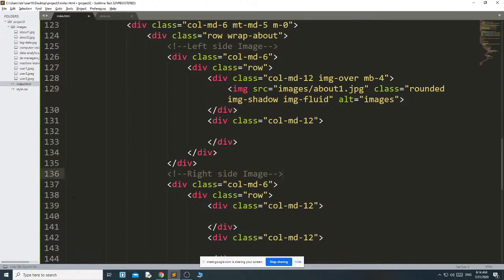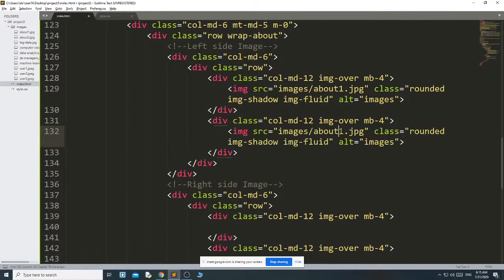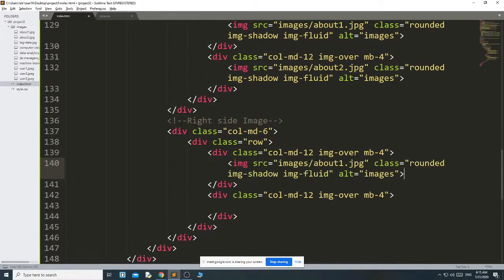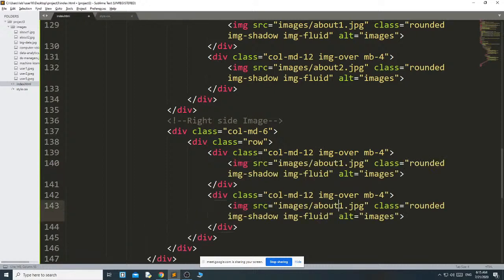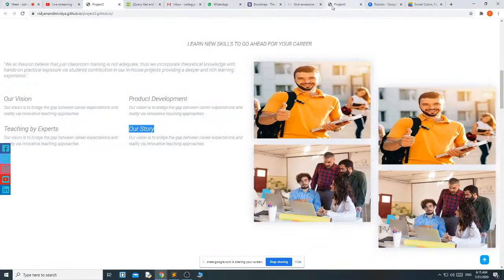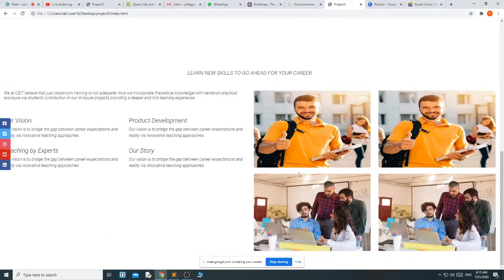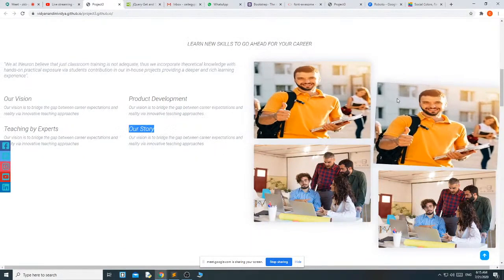Okay, then this thing I have to copy, paste, and this image also copy, paste here about 2. You can apply 4 different images, no problem. I have used 2 images. Okay, right side you got the image. How this comes we will do in the CSS.